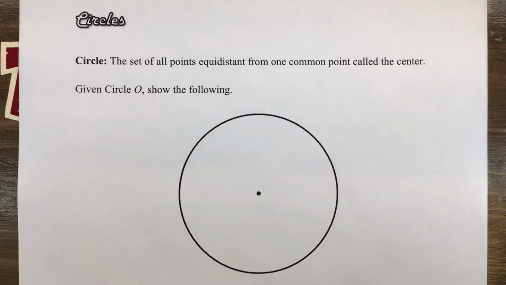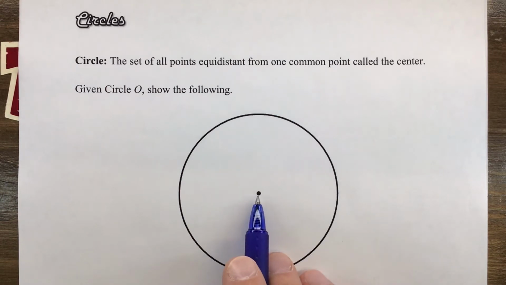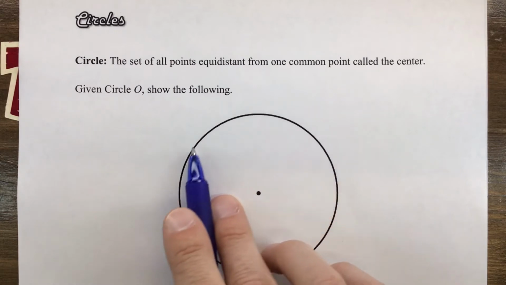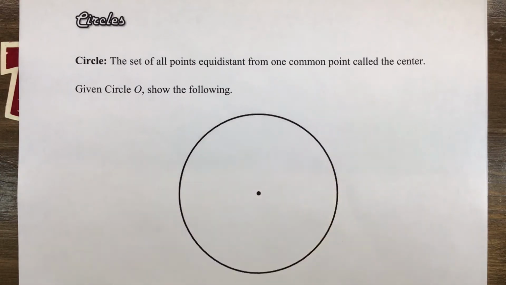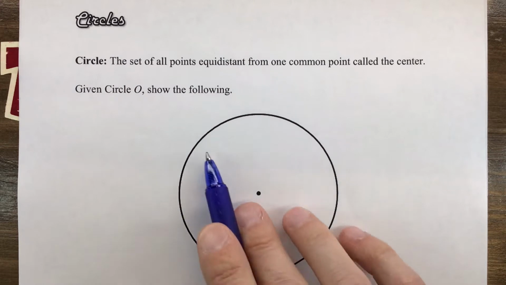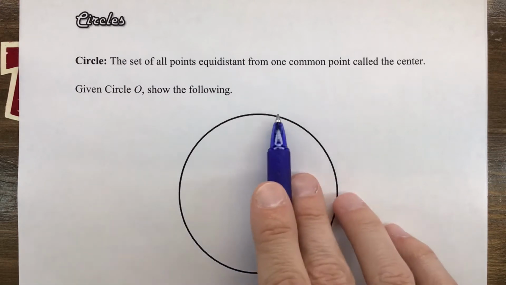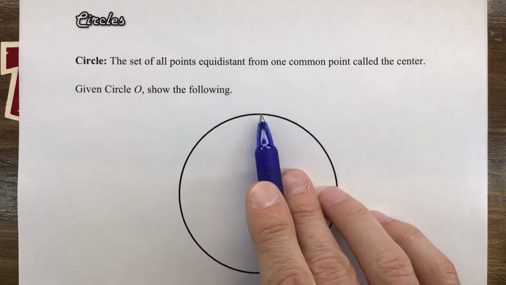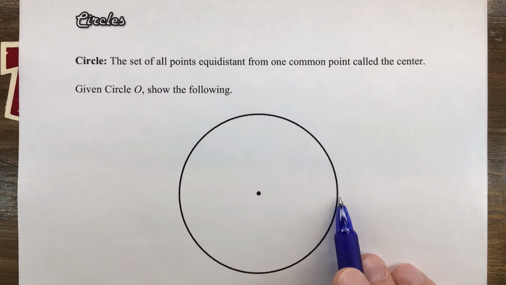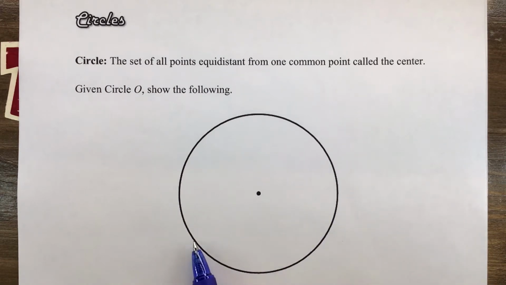By definition, a circle is a set of all the points that are equidistant from a common point called the center. That common point is located here. This is the center of the circle. The curved part that is drawn here is the actual circle, not to be mistaken with all the space that would be inside of it. The actual curve is the circle, because along that curve, we have an infinite number of points that are all